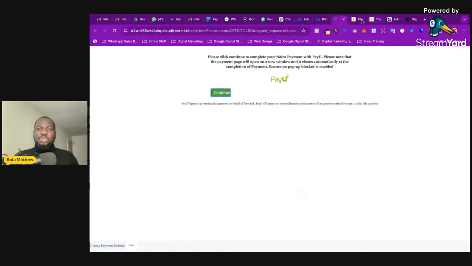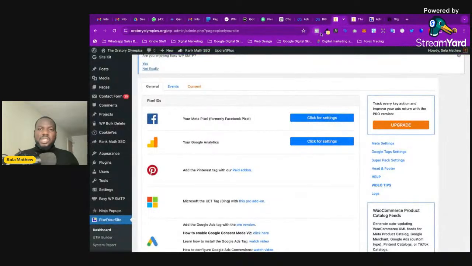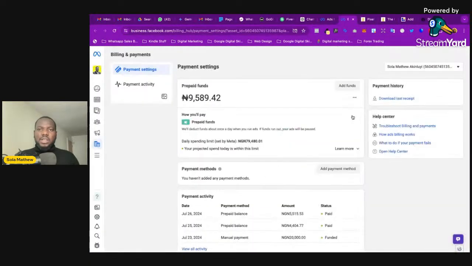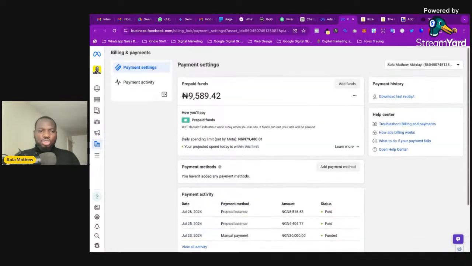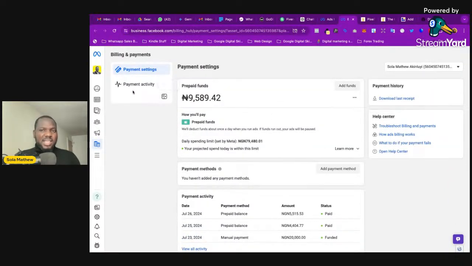That is the way I was able to add the 20,000 Naira that you saw earlier on. So I'll close this. Now, what I want to show you basically is how to add fund. So just in case you want to add fund to your account, if you don't have a dollar account, don't add payment method, just go to add fund, add it, and you'll be able to add,